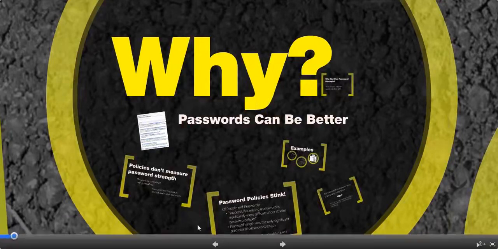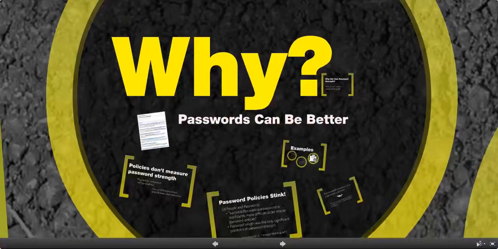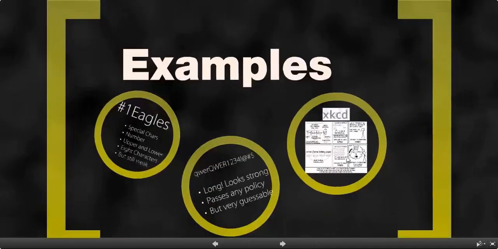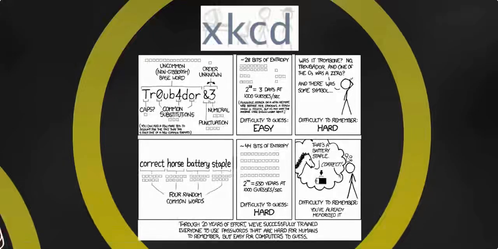I have here the XKCD example, that comic strip. I'm sure everybody's seen this. It explains really well the pitfalls of passwords and password policies, and how password policies are doing more damage than good, really.